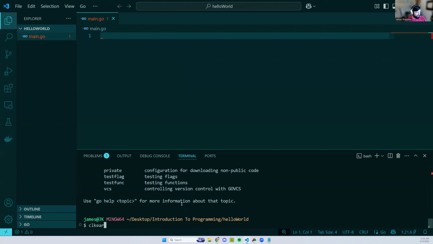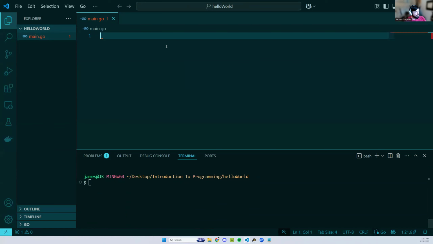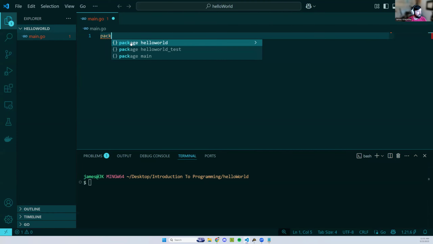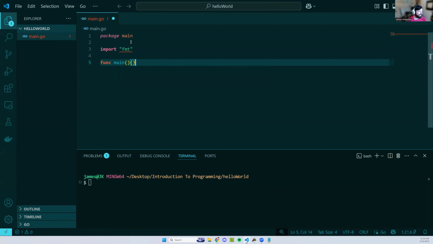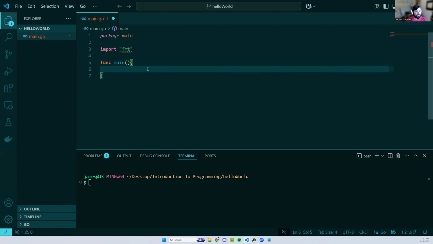Now that I've got this going, I'm going to clear that and come back up here. I can start with the most basic Go program you can ever write, which is package main. Always start with that. And then I do import fmt. And then I type func main, and then these two parentheses and these curly braces. Yep, it's a lot. And then I'll go ahead and do